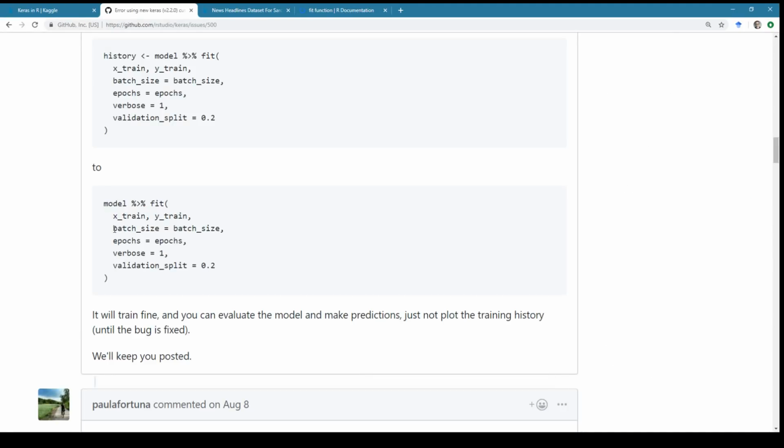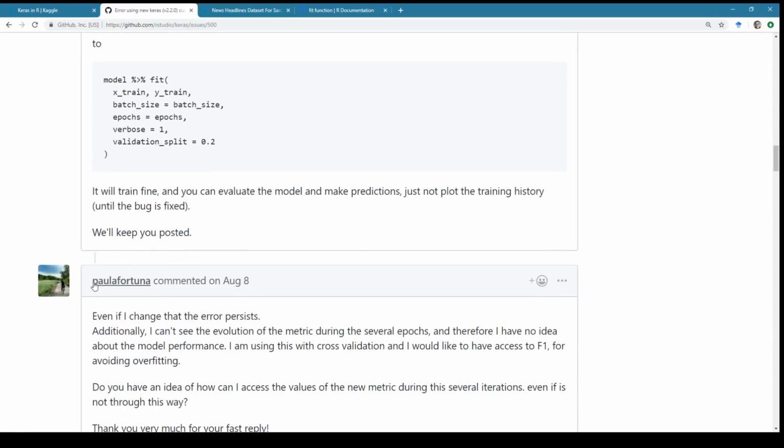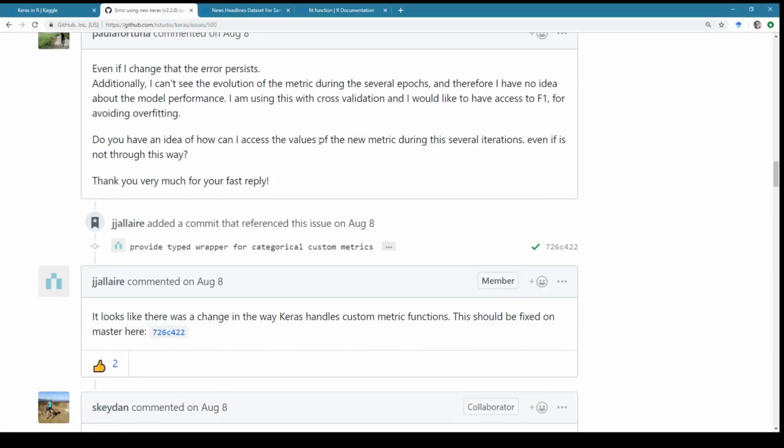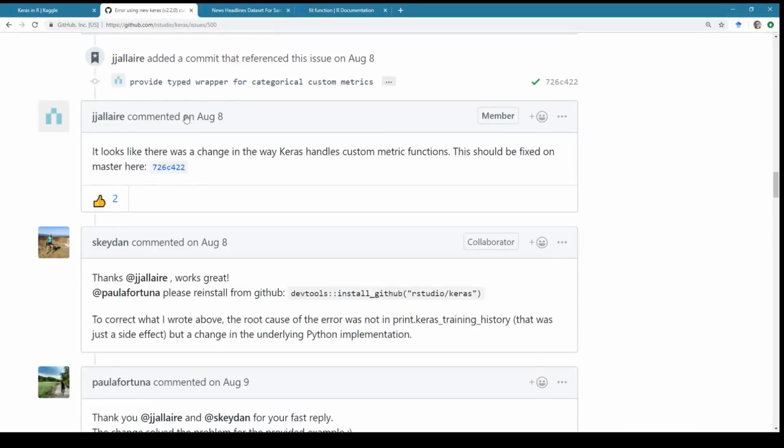It will train fine, and you can evaluate the model and make predictions, just not plot training history until the bug is fixed. Even if I change that, the error persists. Additionally, I can't see the evolution. Change in the way Keras handles custom metric functions. It should be down here.